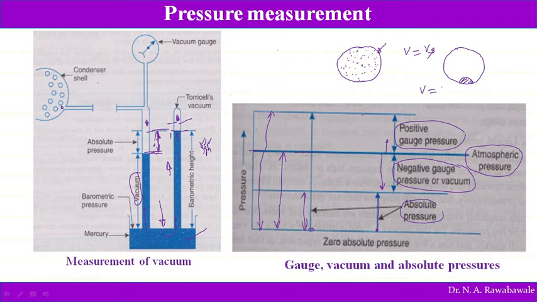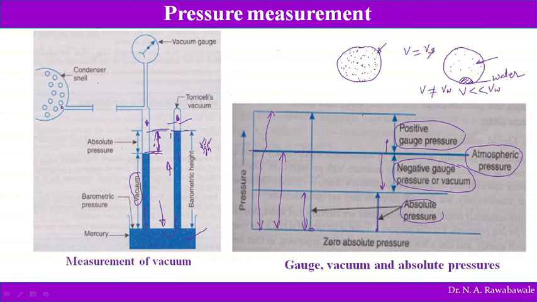where the volume of this vessel and the volume of water, if we compare, is not equal. That is, the volume of the vessel is very large compared to the volume of water. So the rest of the portion which remains in this vessel is nothing, that is vacant. Vacant space is nothing but a vacuum. So this is the reason why a vacuum is created in the condenser. The specific volume or complete volume of this steam gets converted into water, and this water occupies very small space compared to the steam.